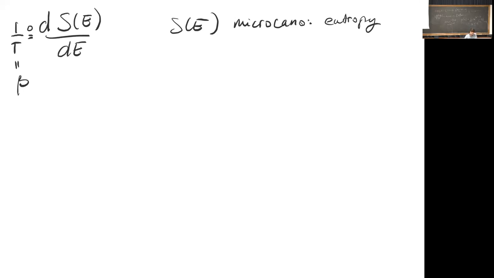The idea is to start from the Shannon entropy of the Boltzmann distribution, which is what? Which is